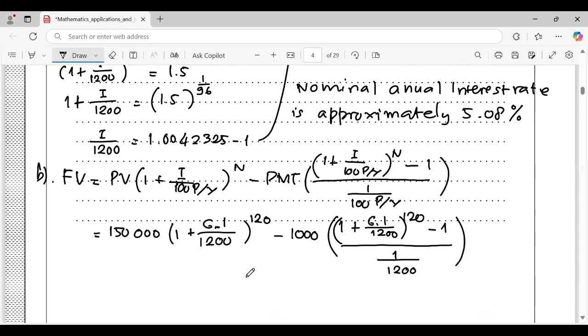And if you calculate this part, I have calculated the result already: